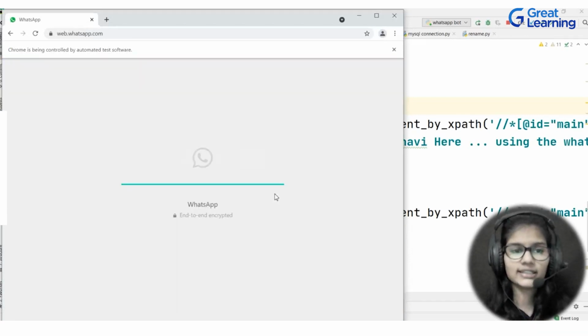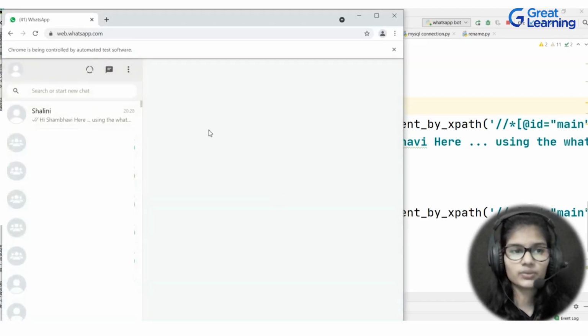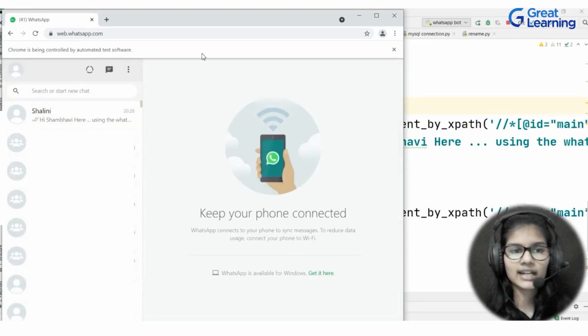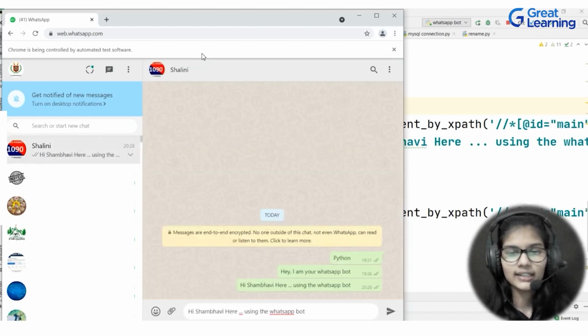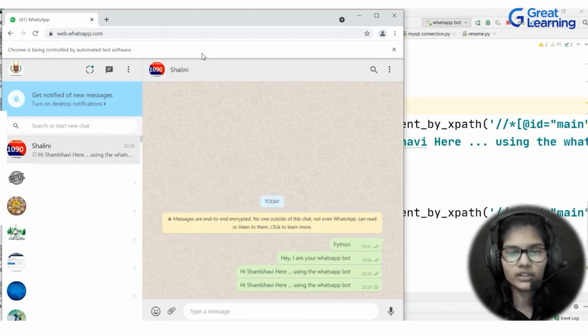So yeah, that gets executed. It would take some time to send. See, the previous one was automatically sent to this person. Again it would take some time to get things done, because it will work according to whatever seconds we have mentioned. So let's see how much time it is going to take. See, now it has opened that person's name. Here the message is: hi Shambhavi here using the